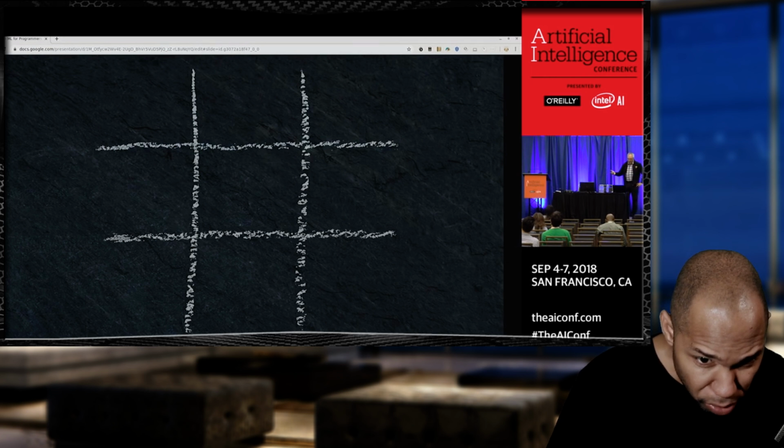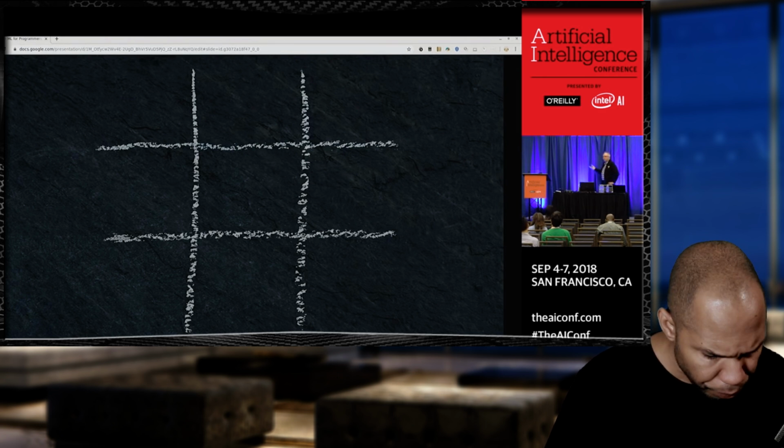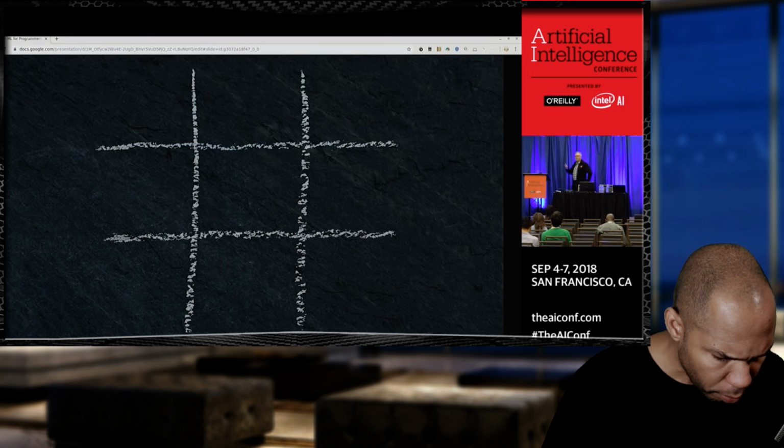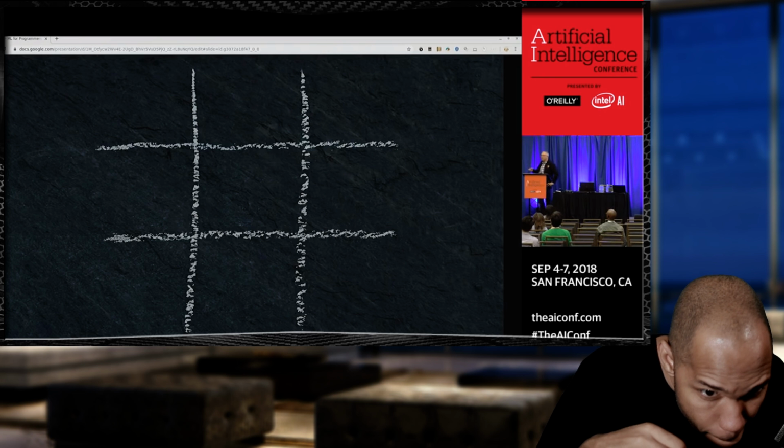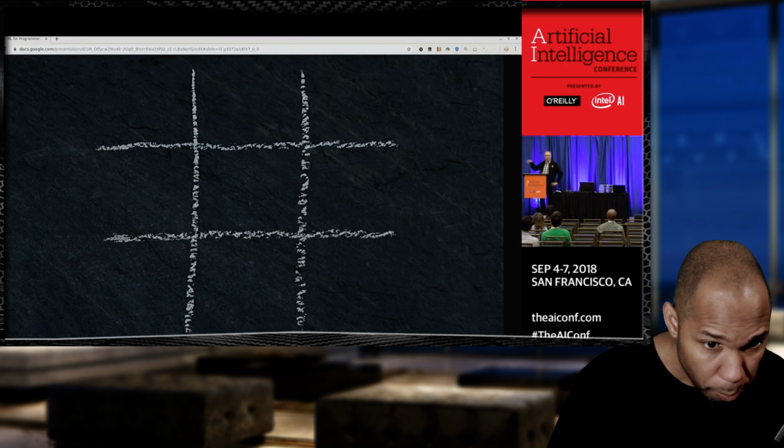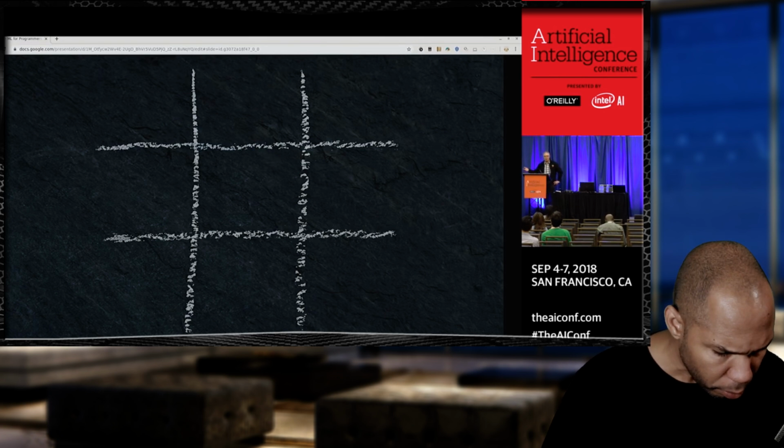So how do we teach a computer the same way? Now think about, for example, if your kid goes in, they've never seen this board before. In this society, we read left to right, top to bottom. So the first thing they'd probably do is go in the top left-hand corner. And then you'd go in the center, and then they'd go somewhere else, and you'd go somewhere else, and they'd go somewhere else, and you get 3 in a row, and you'd beat them. They now have what, in machine language parlance, is a labeled example.